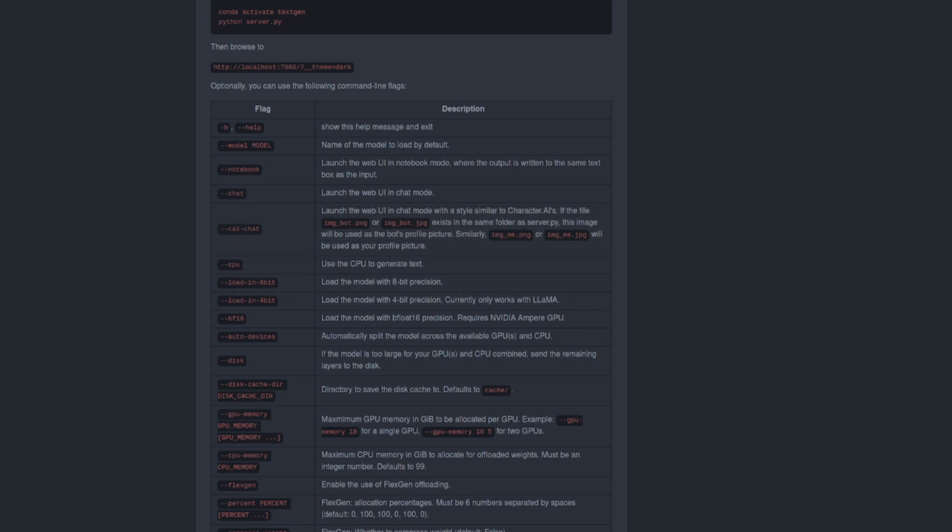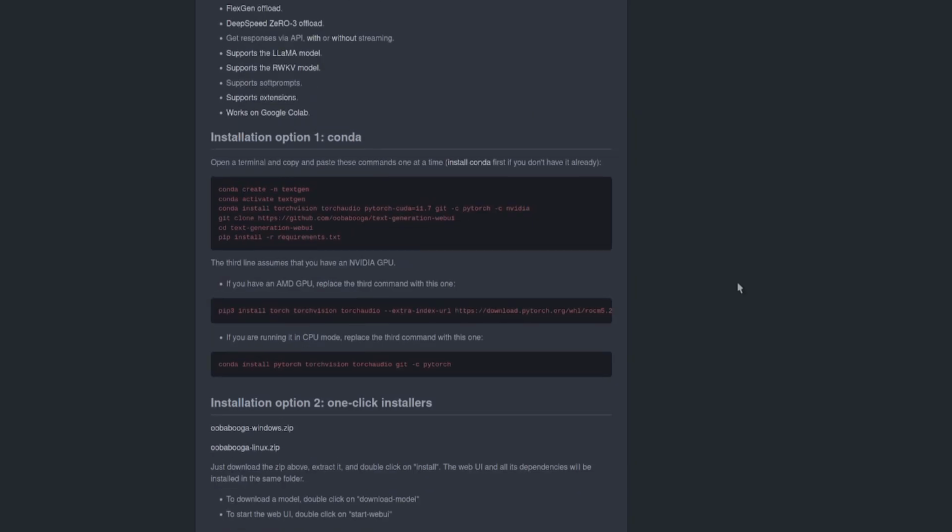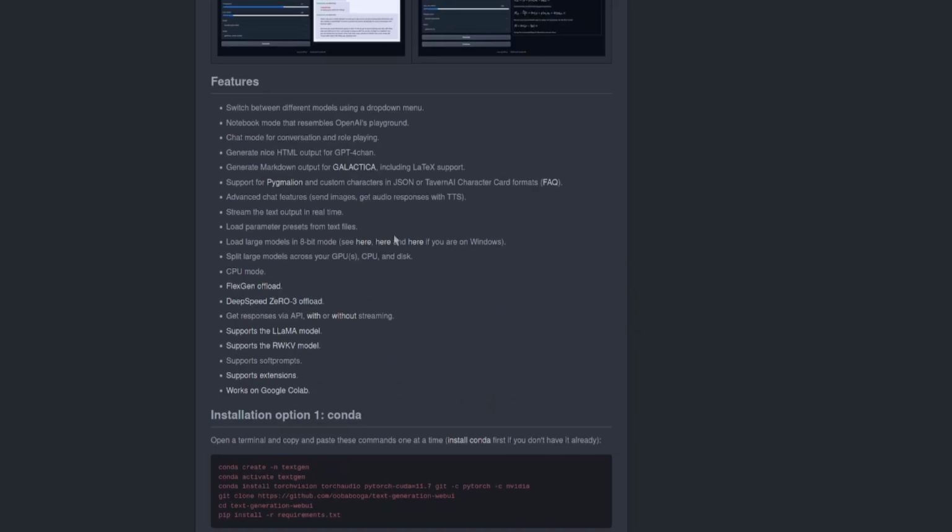Also, there's a load-in-8-bit option, but this does need bitsandbytes. Bitsandbytes supports CUDA 10.2 to 12.0, so no AMD support there. It can work on MS Windows. If you scroll up a little bit here, in the original part, it's got some notes on getting that working on Microsoft Windows, but it can be a little bit fiddly. Of course, it's perfectly supported on Linux.